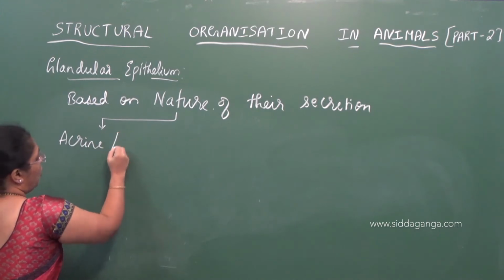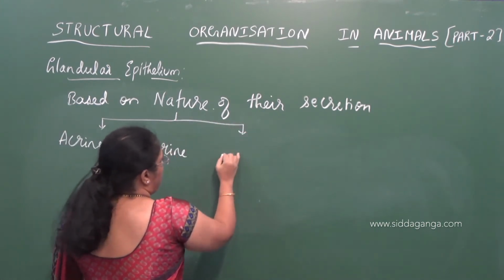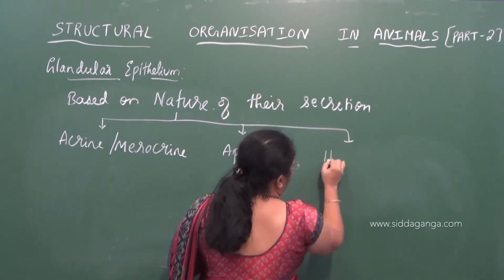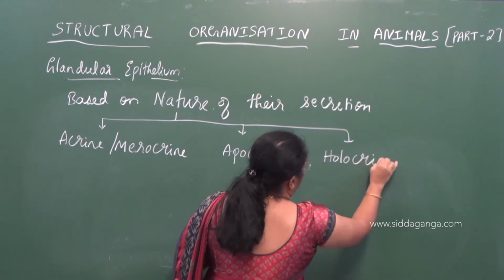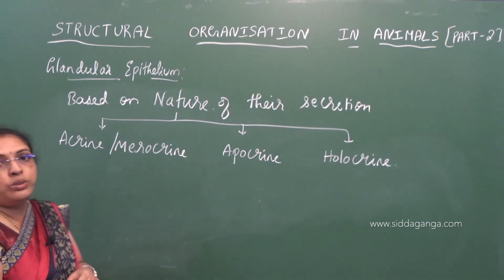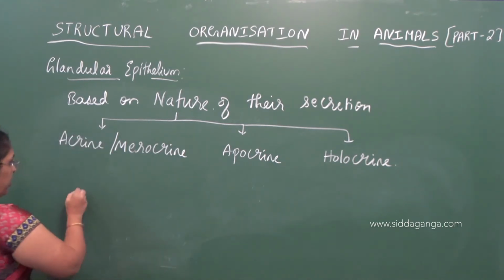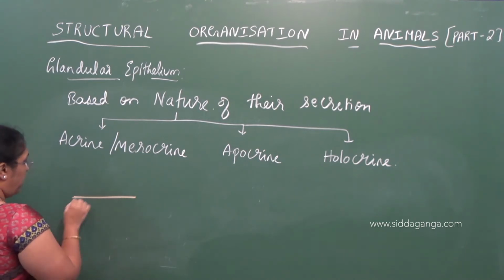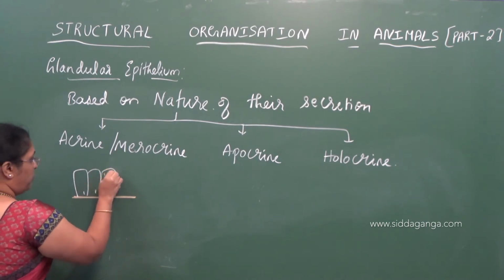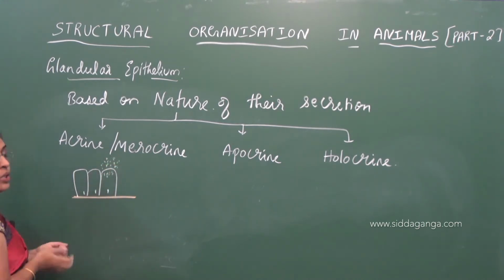acrine or merocrine glands, apocrine glands and holocrine glands. Based on their nature of secretion, the glands are classified into three types. So, acrine or merocrine gland, here we see the basement membrane, so whatever the secretion